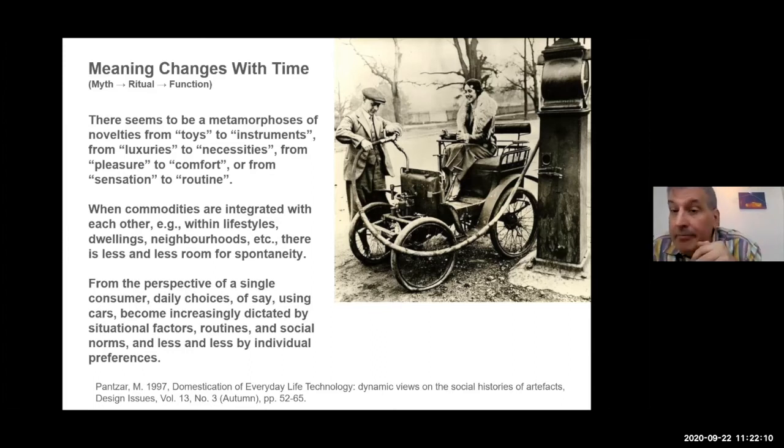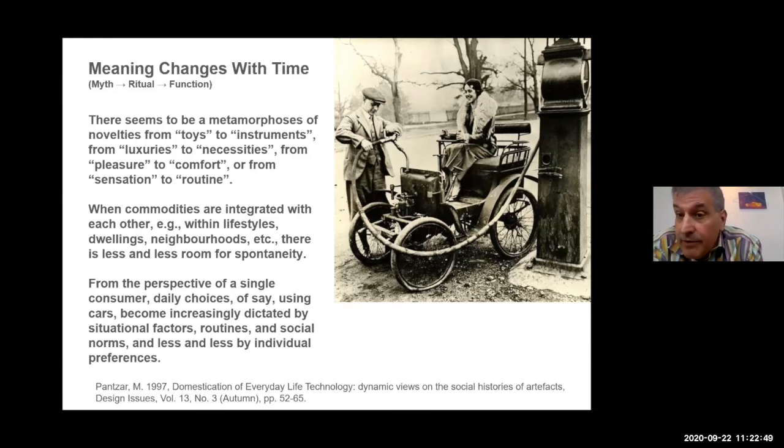For example, meanings can move in one direction from being myth or some sort of aspirational thing or toy or system, a lifestyle choice. It can move very quickly to becoming a daily ritual for people on a day-to-day basis that everyone more or less starts to engage with it. And then eventually it could become just totally functional. So the three macro categories of meaning, and anything in this world probably is a slight mixture of probably one mostly and a second one to some extent. Most things can move through this kind of a situation.